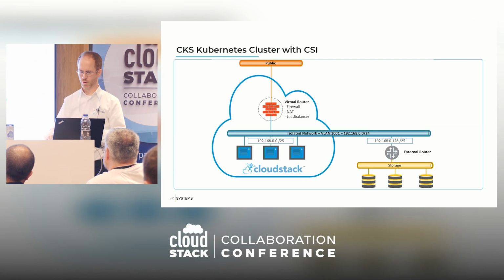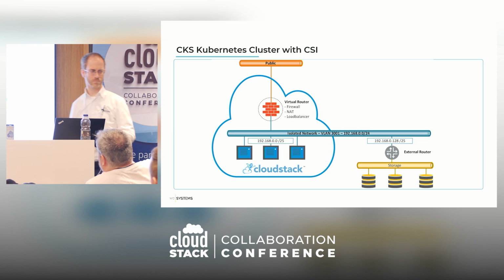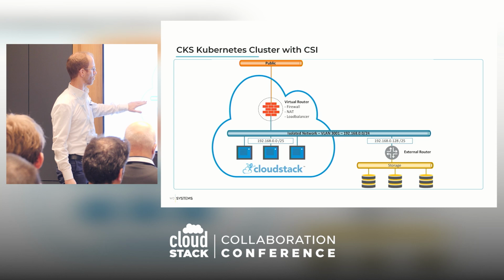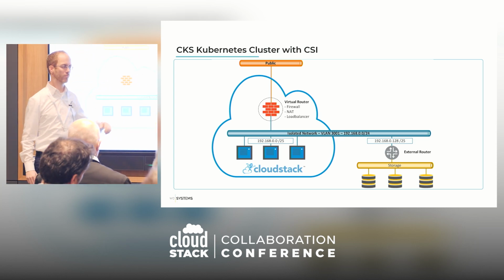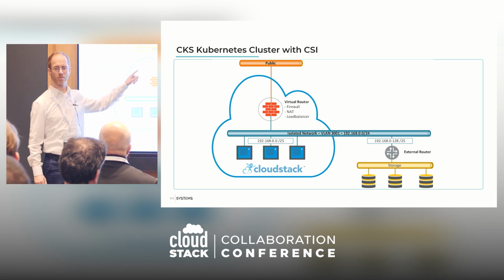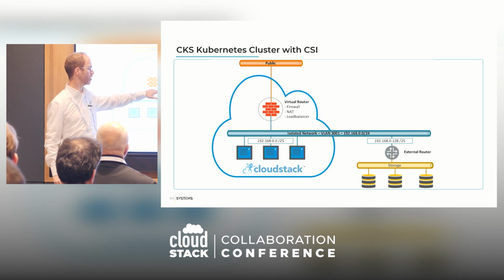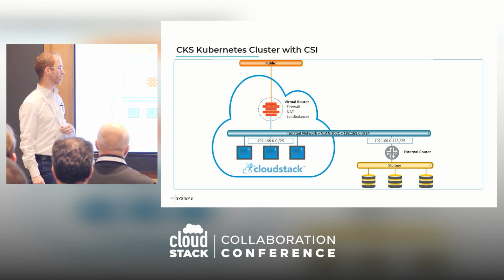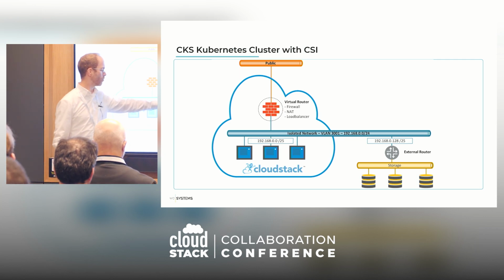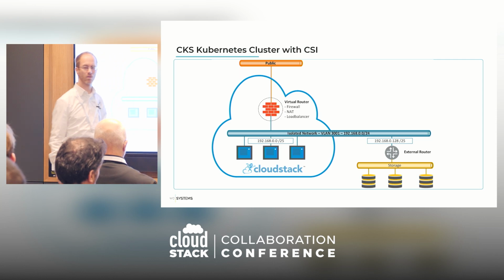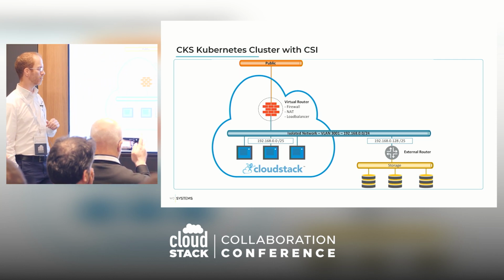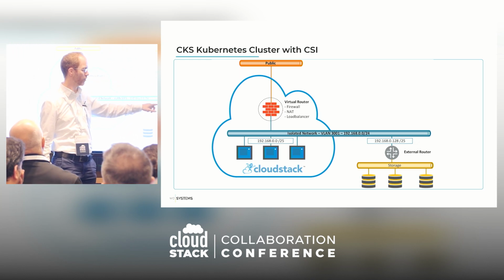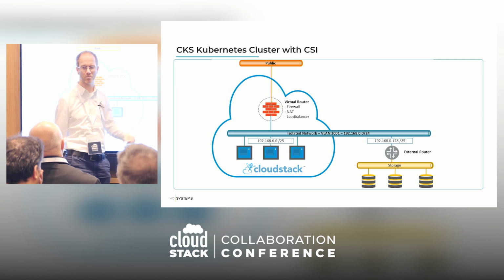And I will just jump to the picture, it makes it easier. I can show from the other side actually. So we use an isolated network, which provides the functionality of the virtual router. So we have the firewall, the NAT, the load balancer, everything that is required for the CKS, for the managed Kubernetes. But we specify a VLAN. In this example, it's 3001. And this VLAN we do know. And this VLAN we can configure on our external switches and on our external router.